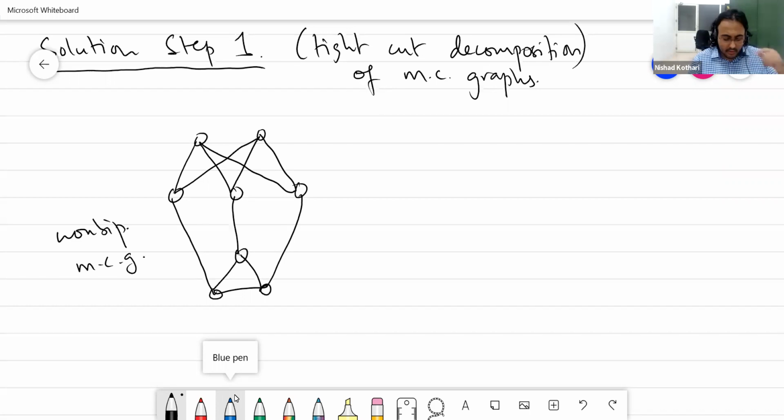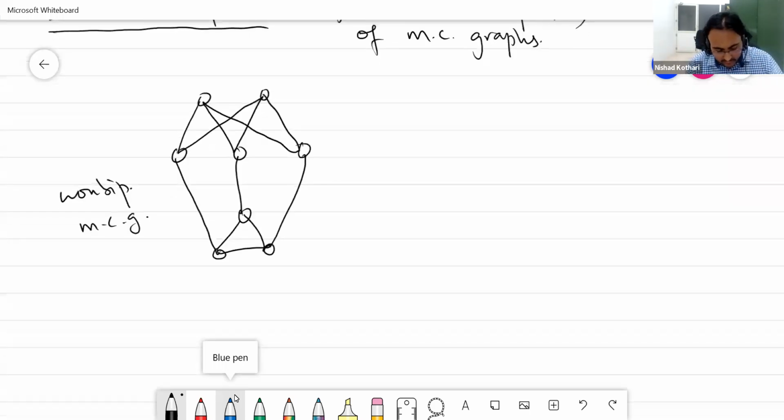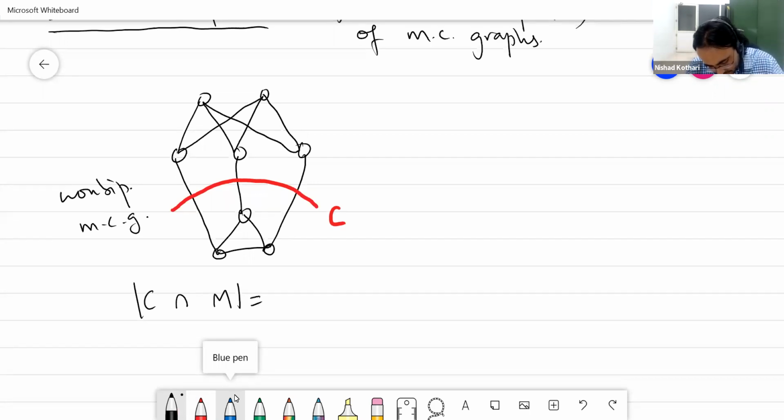Okay, now what you can check here, look at these three edges. This is called a cut of the graph. What does a cut mean? You divide the vertices into two parts, left and right, and you look at all the edges going from left to right or from bottom to top in this drawing. So this is called a cut of the graph, and this cut has the property that for every perfect matching of the graph, it will use exactly one edge from the cut.